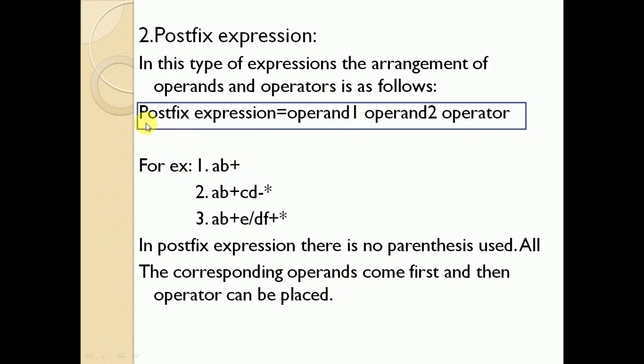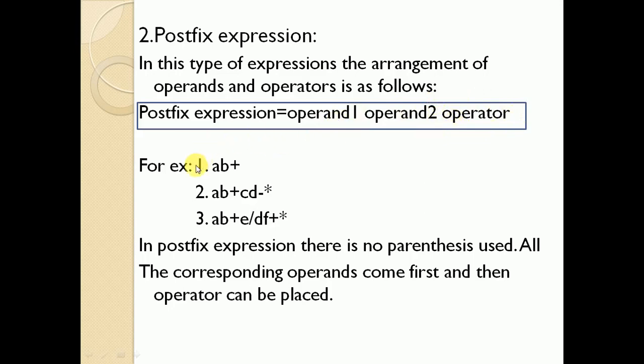The second one is the postfix expression. In this type of expression, the arrangement of operands and operator is as follows: operand 1, operand 2, and then the operator. Here we first take all the operands in the expression and lastly give preference to the operator.